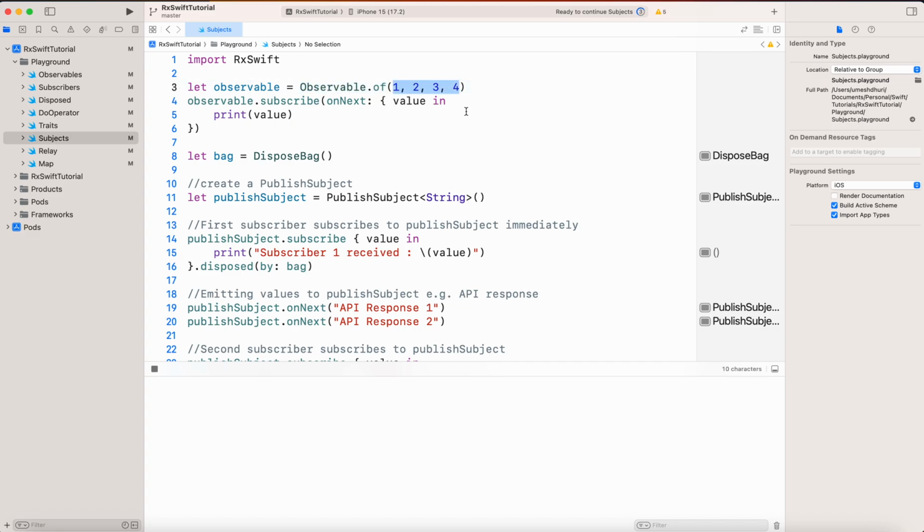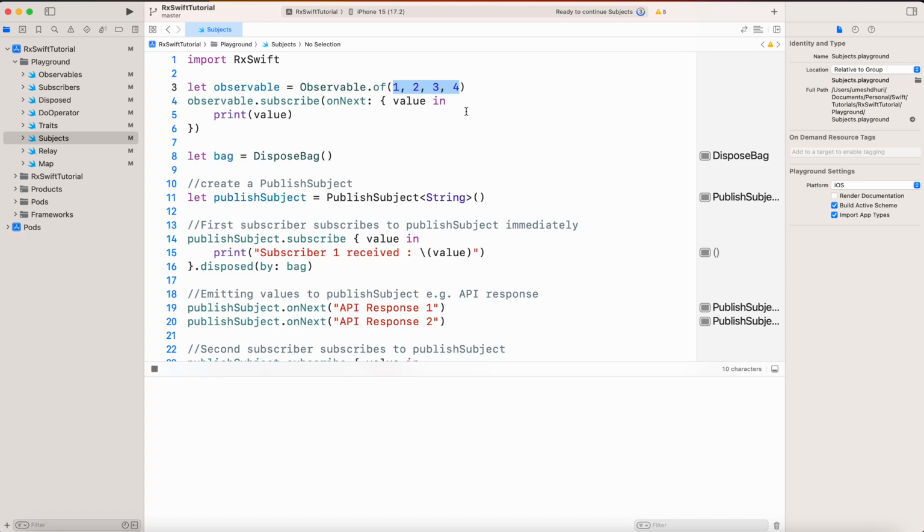value to it. But in real-world apps, the data we work with usually comes from dynamic resources like API calls, and we don't know the exact value before the code runs. This is where subjects come into the picture. Subjects allow us to emit values dynamically and have multiple subscribers react to those values as they are